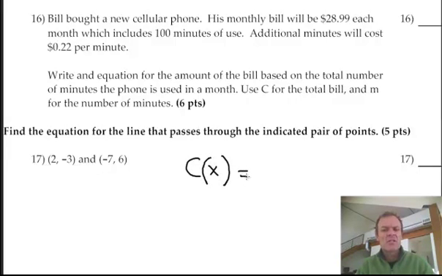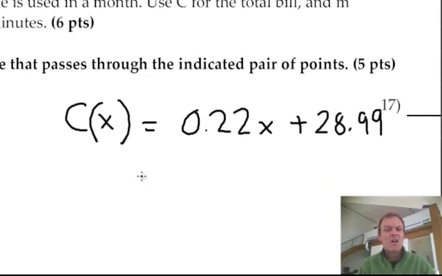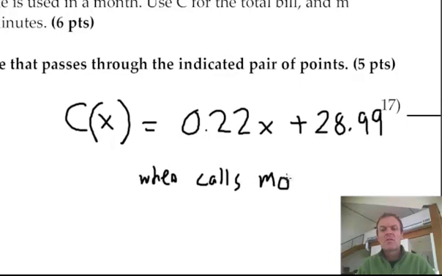There's the cost. What does it cost? It costs 22 cents per minute. All right, so 22, I'm going to use X, it doesn't tell me what to use, okay? Go back and look at that other video where you had the equation, plus whatever it is they charge a month, so $28.99, okay? And that's really all we want, but maybe you should say, okay, when you call more than 100 minutes,